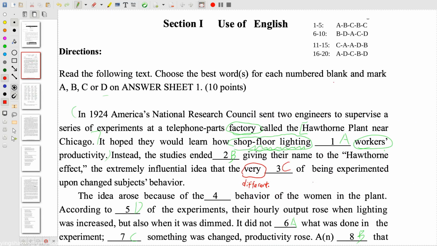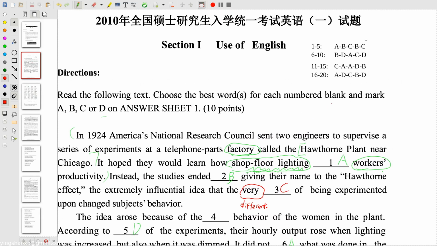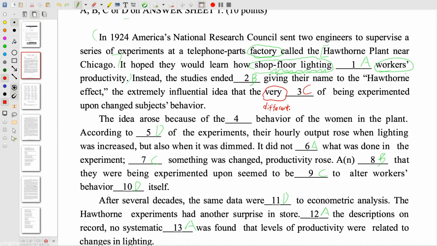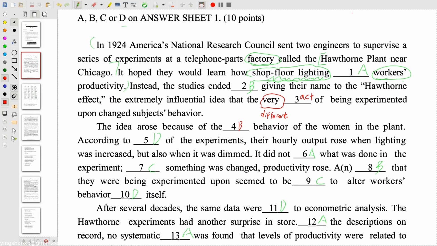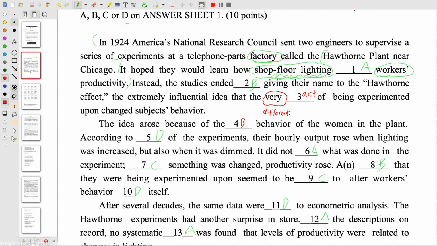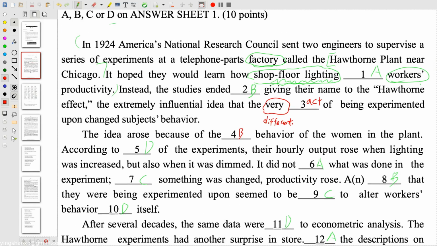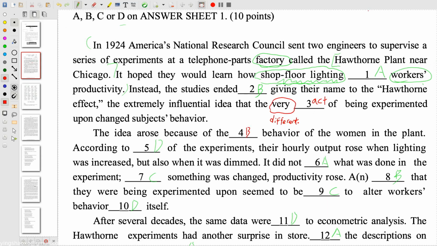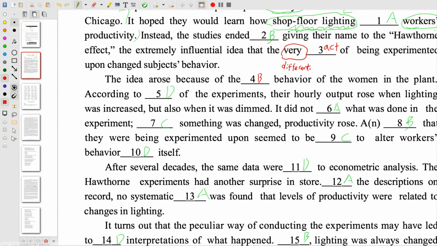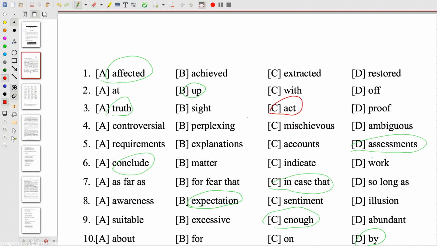Let's go on. The first answer is B, but we didn't answer it. It's B. We do not want to remember the option number itself, but instead we want to memorize the correct answer, the correct word itself rather than the option number. So for this case, the right answer is B. So let's go to the B.